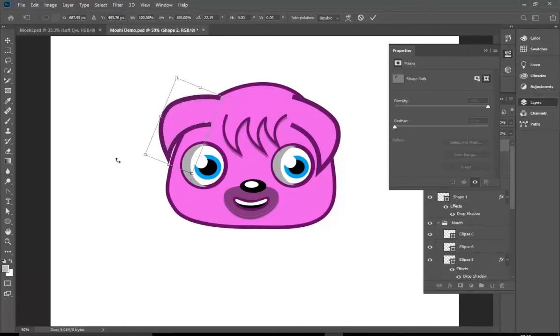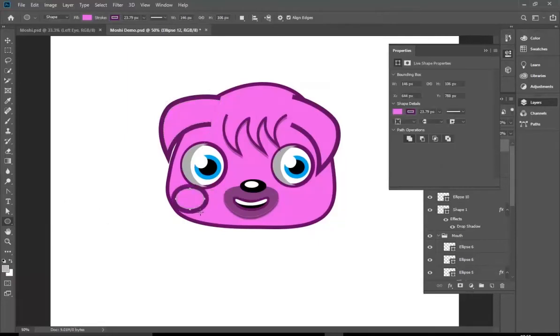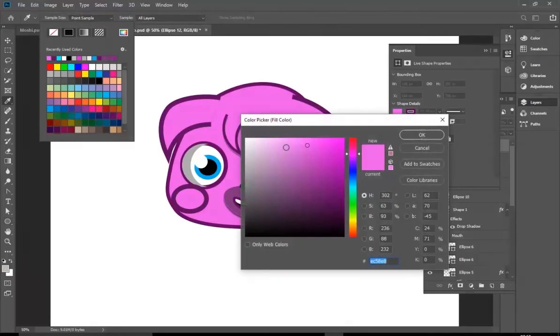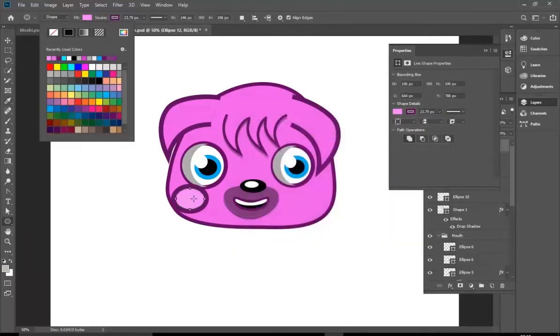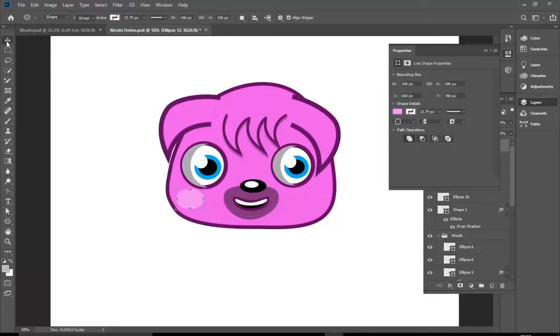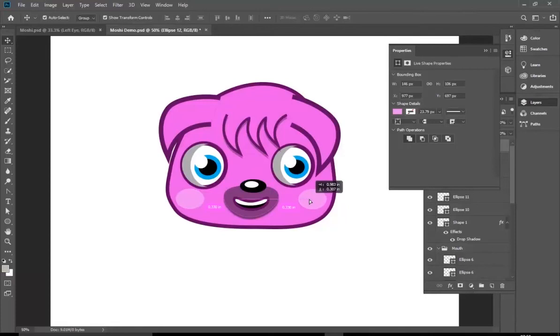Okay, so this is looking much better than when I originally started. I have the cheeks and the whiskers to do, so ellipse tool. So we had a little, and that was pale pink. So what I'm going to do here is select my pink, but go to there, turn off the stroke, so we've got no stroke in there. So that's my kind of pink cheek point that I've got in there. Need one for the other side, so copy and paste, put it over there,